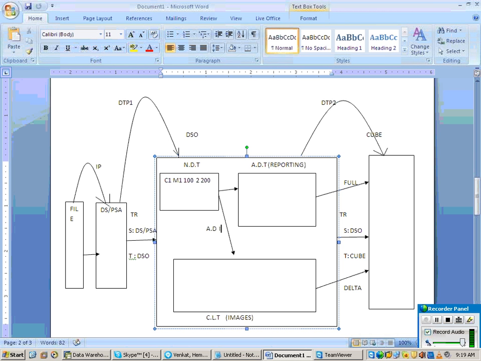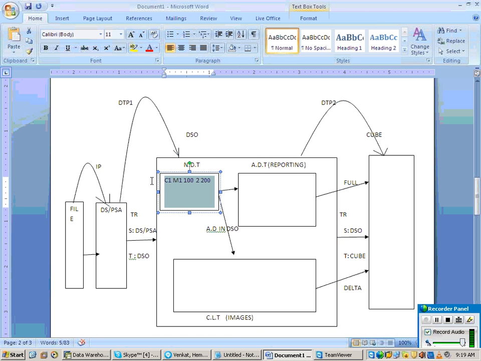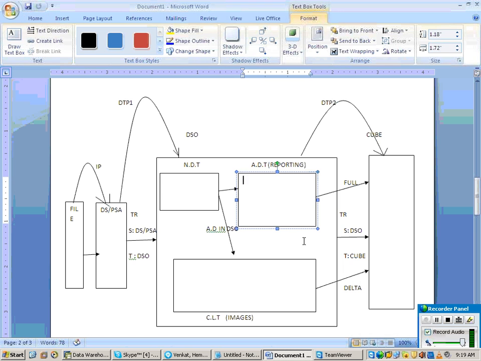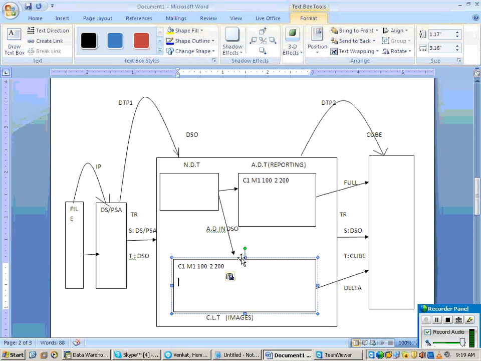Now what happens? Data will be moved from the new table to the active table. And what happens in your change log table now? Marked as N. And when I am loading data to my cube, is the same data coming to the cube also?